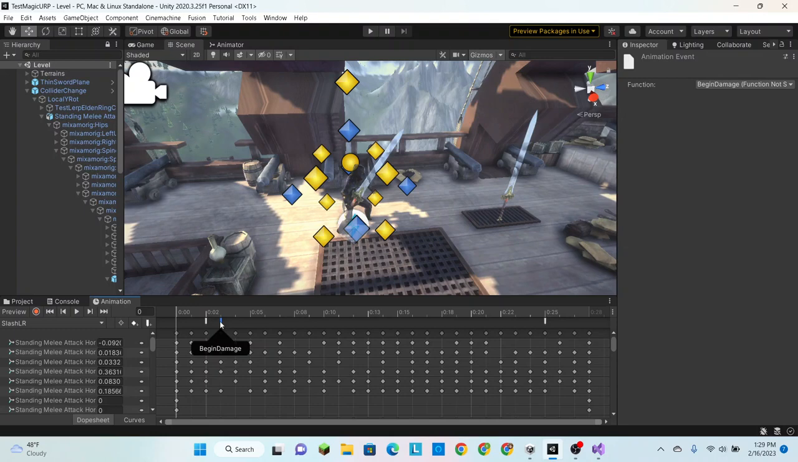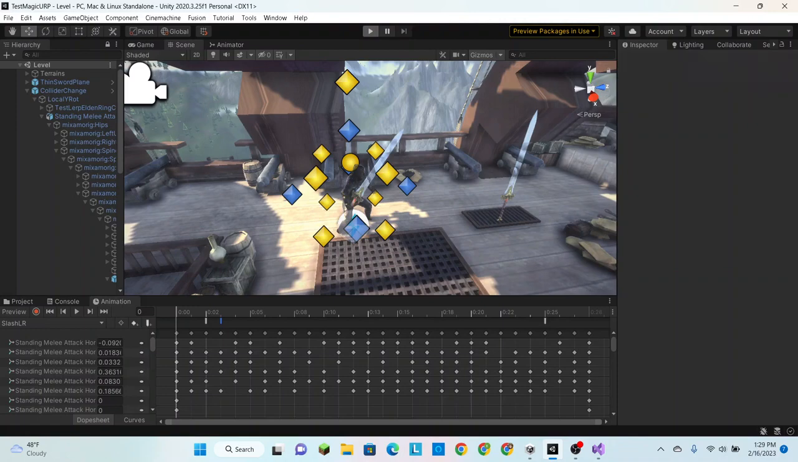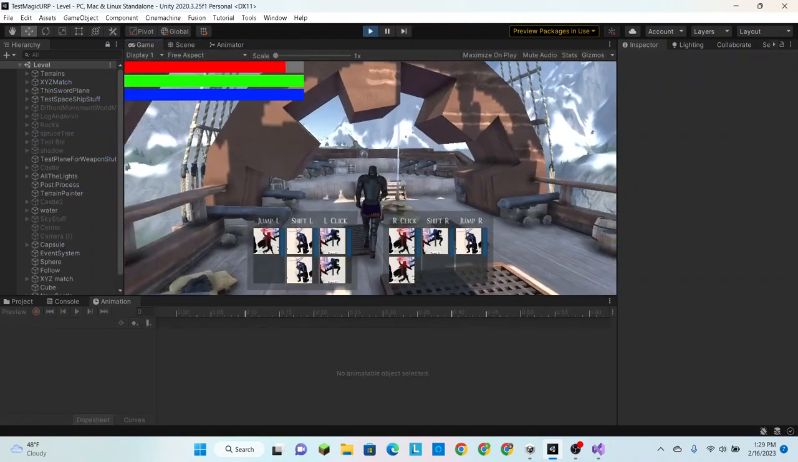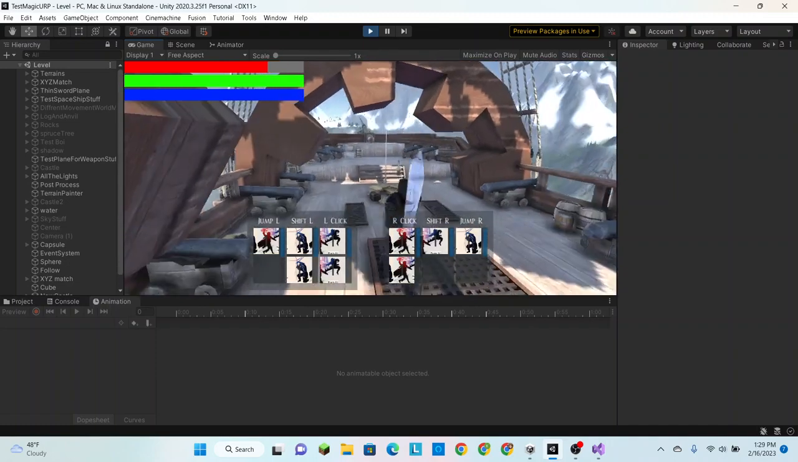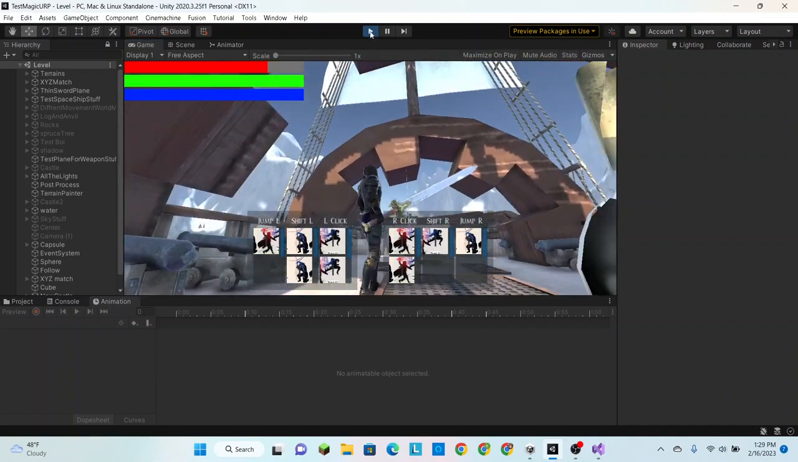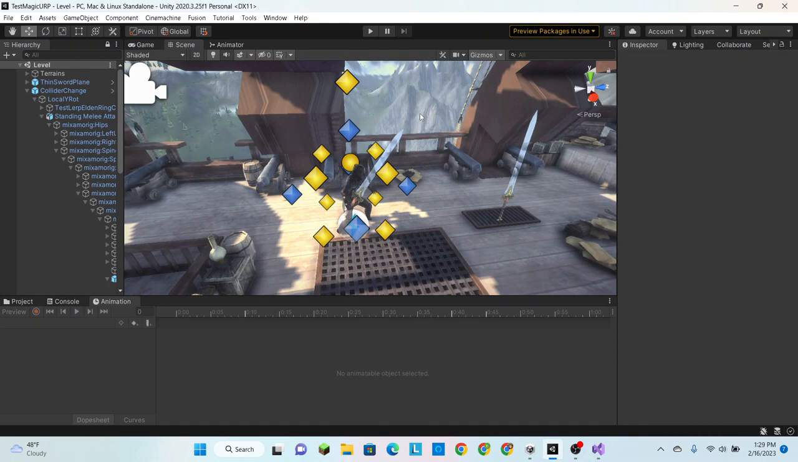And I'm going to keep it pretty simple. Every attack is going to drain the same amount of stamina. Now, you might want me to show you how to like drain stamina while you're running. I am not going to do that. For two reasons. One, it's kind of